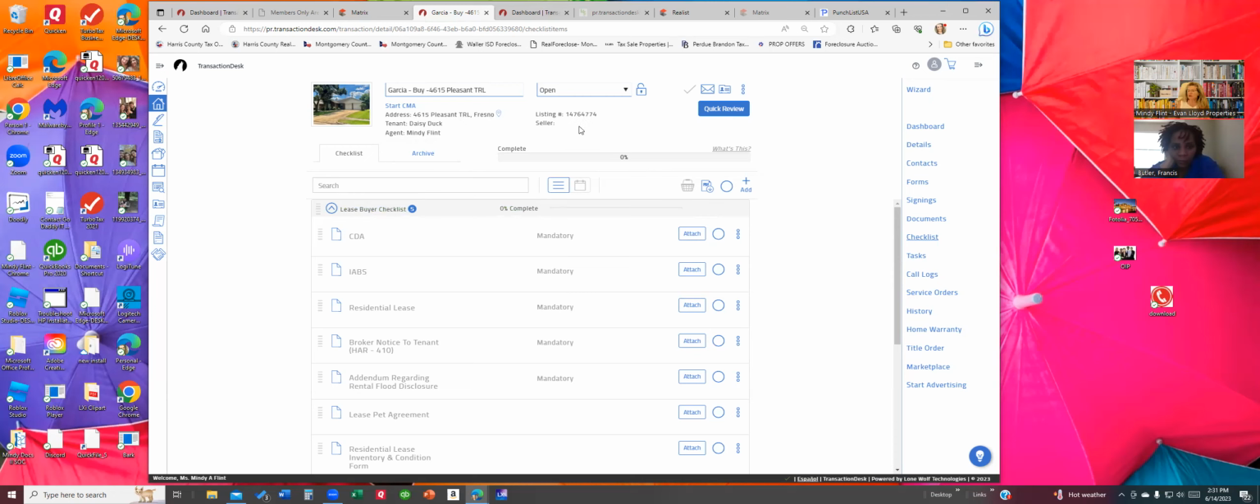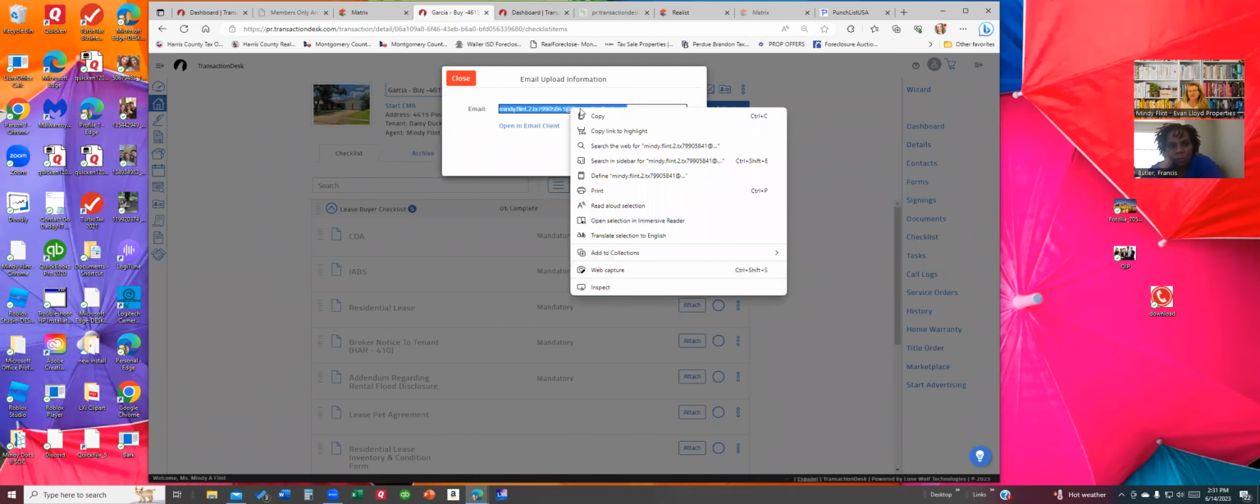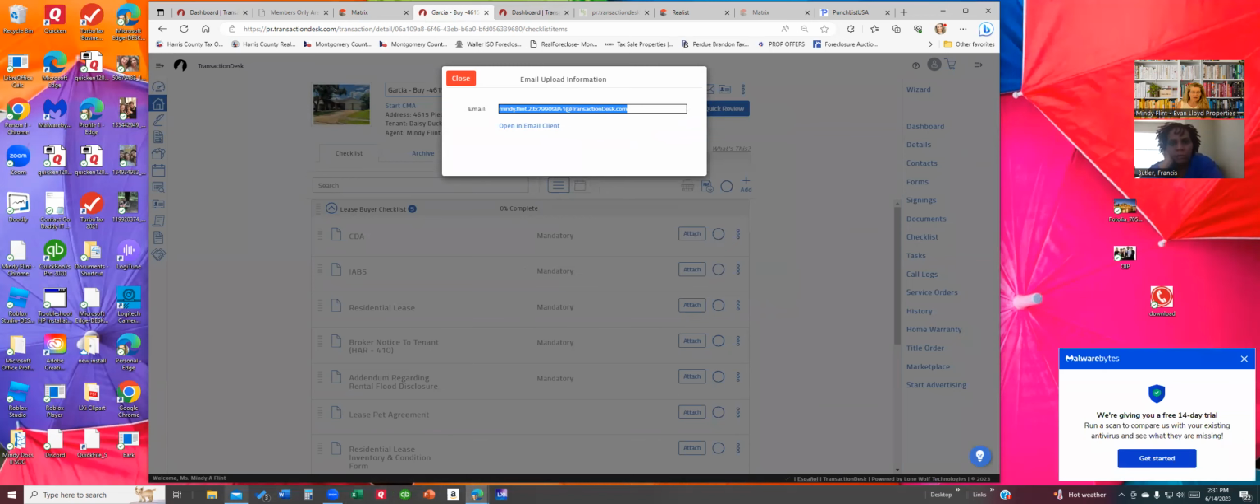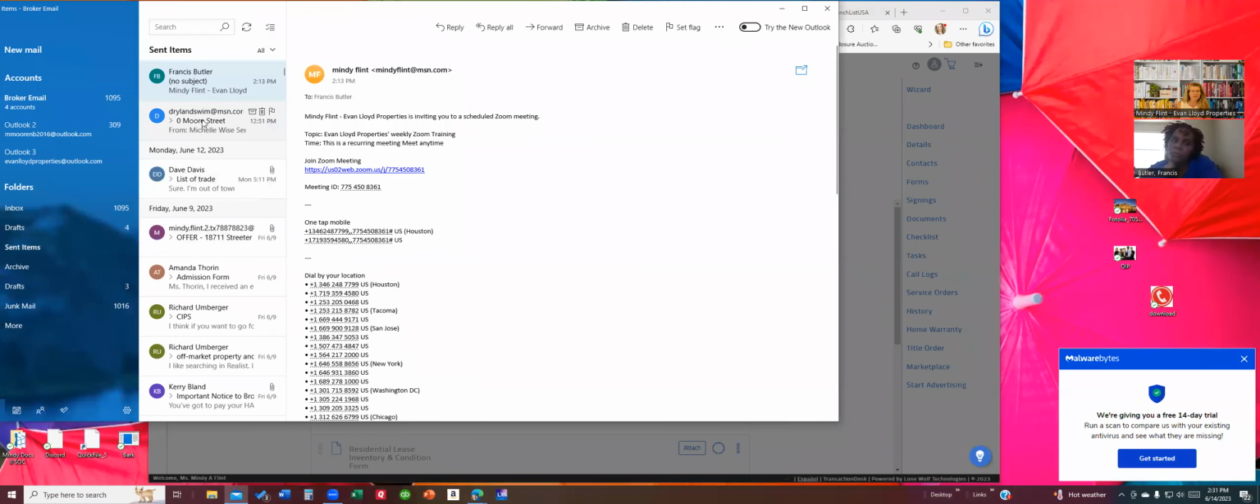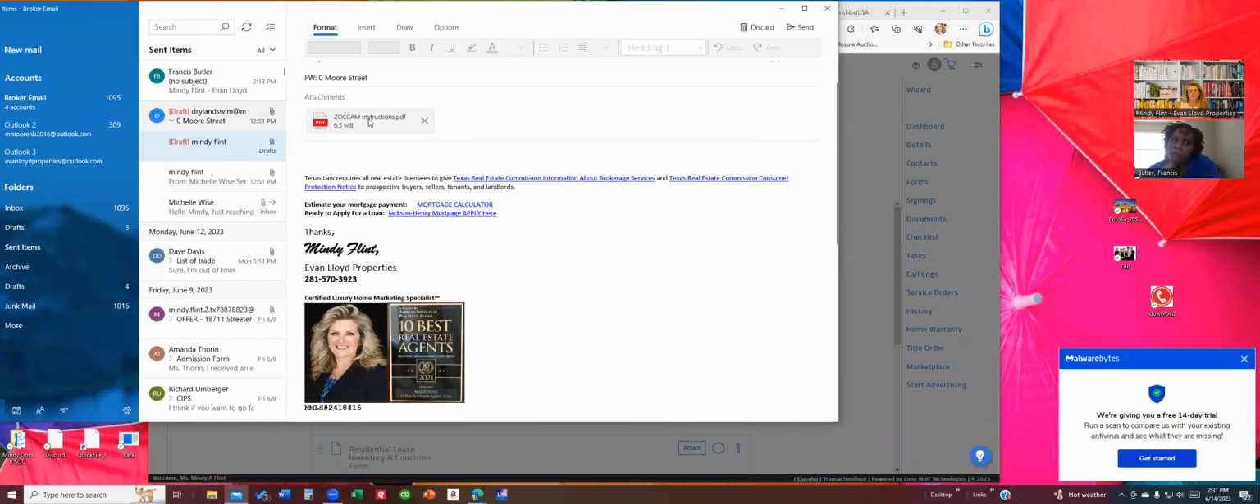If you have documents, let's say, so they emailed you the document after the seller signed. You can click on this little envelope up here, copy the email address, and then go to your mail. Anything with an attachment, all you have to do is forward it to that address, and it automatically, let me move this. It automatically adds it